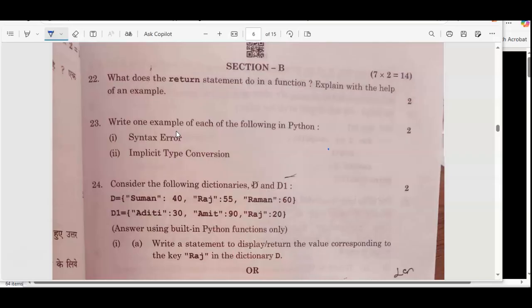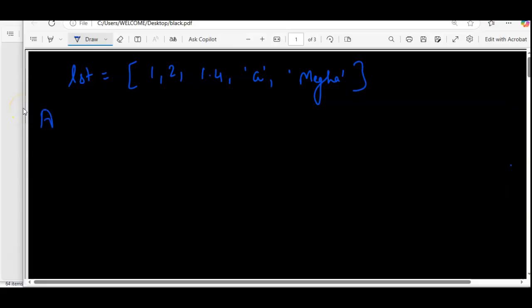What does the return statement do in the function? Explain with the help of an example. So we know very well the return statement is actually going to return the compiler to the same position. It will be moved back to the same position. If you have to write this in the form of a statement, here we can write, answer 22. Return statement